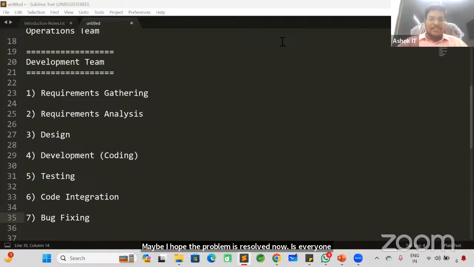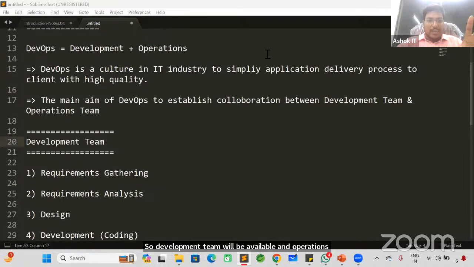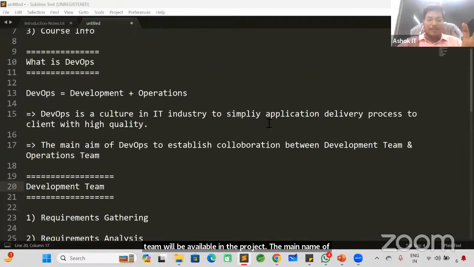Good. So what is DevOps? Could you please respond in the chat box? DevOps is nothing but development plus operations, guys. So the development team will be available and the operations team will be available in the project. The main aim of DevOps is to establish collaboration between the development team and operations team. So, sir, what kind of collaboration will be available between the development team and operations team? To understand that,